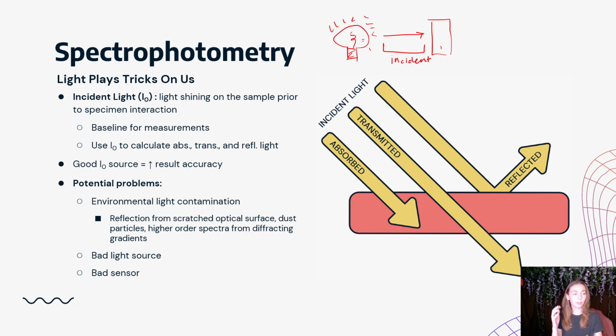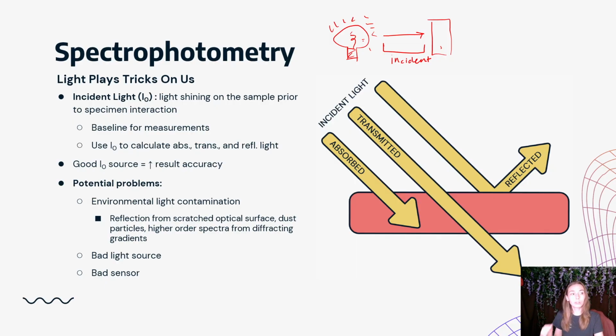So this is our foothold, I guess. It's like when you're taking a weight of something and you zero out the scale beforehand. This is our point of reference for how much light should be in the system in total. We need to very precisely know what the amount of incident light is. The more that we can guarantee that our incident light is what we say it is, the more that we can trust the results that we get based off of calculations that we do from incident light, if that makes sense. So the more that we can guarantee our incident light, the more that we can guarantee our results,